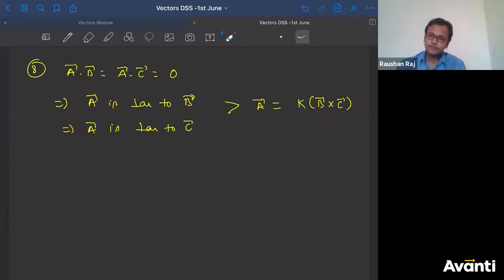Got it? Or you can say that direction of A is what? Perpendicular to B and C. So whatever the value I'm having here, unit vector of this dot unit vector of this must be 0. But that doesn't need to be done. This is the conclusion that you can make. So I got this. Now this is what we have to prove, where this K has to be plus minus 2.